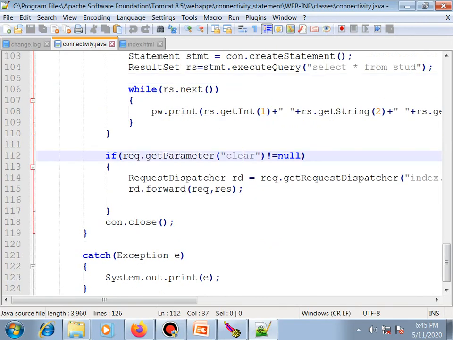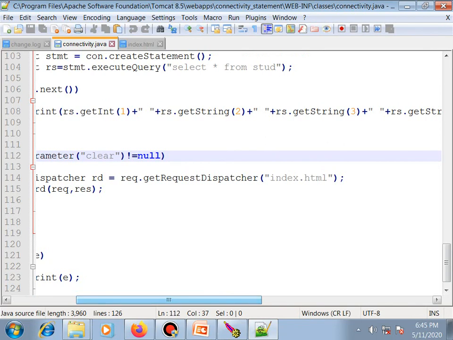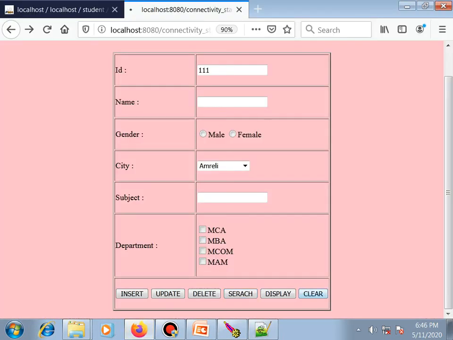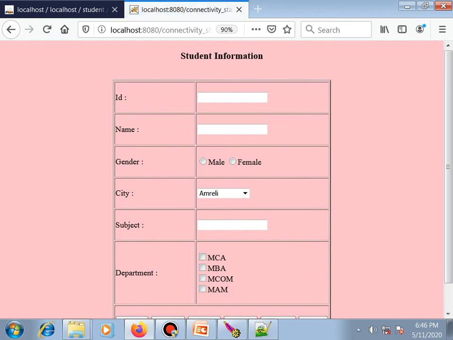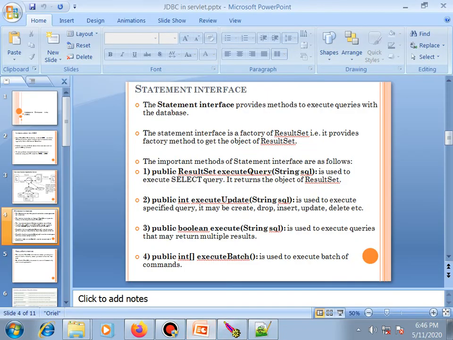For the clear operation, just specify the request dispatcher, request.getRequestDispatcher index.html, and forward it to index.html. When you click on clear, it will clear all the screen.